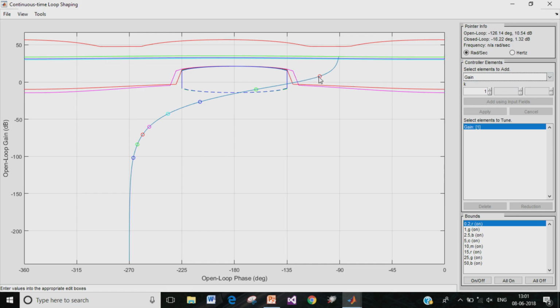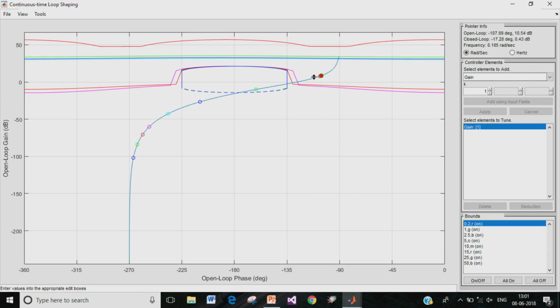So let us first try to make sure that the loop gain at the lowest frequency that we have picked, namely at 0.2 radians per second, is within its specified bound, namely the topmost curve that you see in the Nichols plot here.